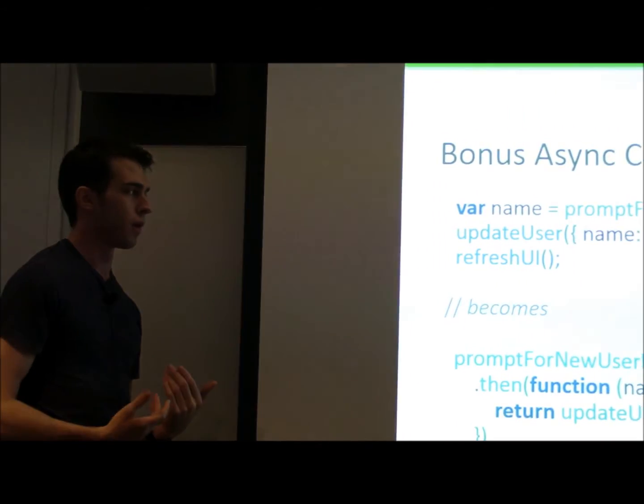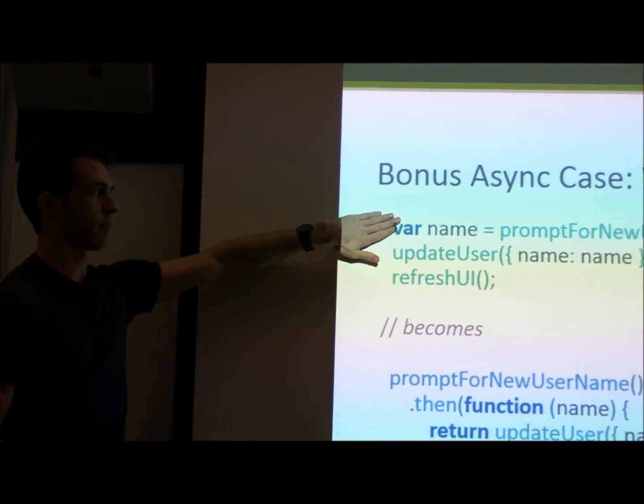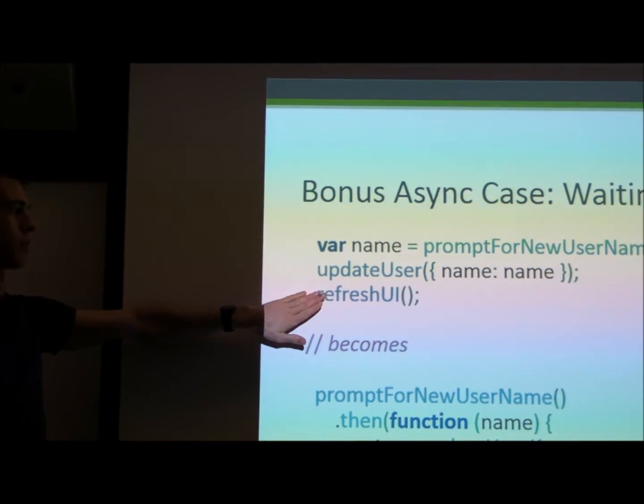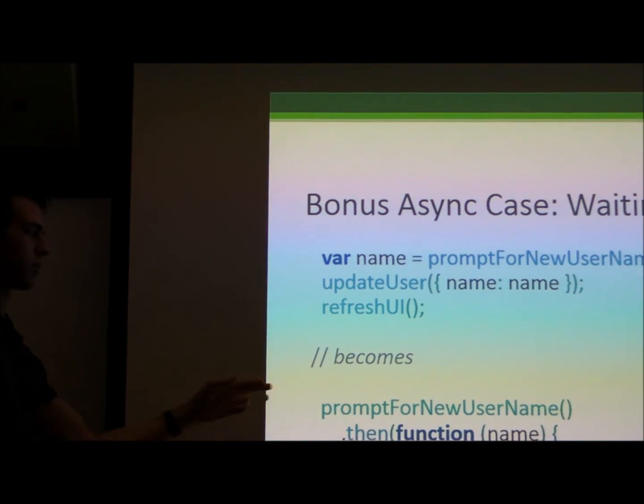All right, so the final case, getting to your thing about returning a promise. This is the case that doesn't quite have a synchronous analog, but it kind of does, in the sense of sequential operations are a very synchronous thing. If you're going to do several operations in a row, like prompt for the username, and then use that to update the user, and then refresh the UI, in promises, you can express this like this.